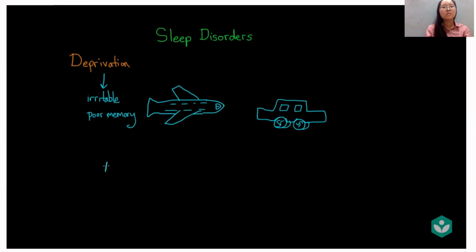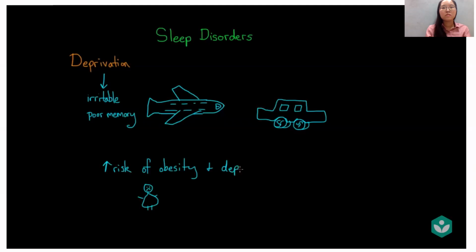So it's just one example, but sleep deprivation also makes people more susceptible to obesity. When you're sleep deprived, your body produces more cortisol, which is a hormone that tells your body to make more fat. You also produce more of the hormone that tells your body you're hungry. So you end up eating more and turning more of what you eat into fat, which can contribute to weight gain. And finally, sleep deprivation can also increase your risk for depression.